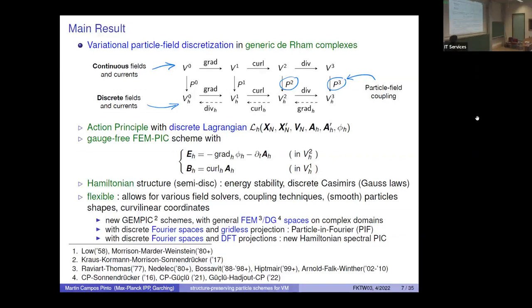And it's possible to do that within this Hamiltonian framework. I should also mention, because it was something that Antoine talked a lot about, that smoothing and filtering is naturally allowed in this framework. So you see, if you have a current density here or a charge density that is here, and you want